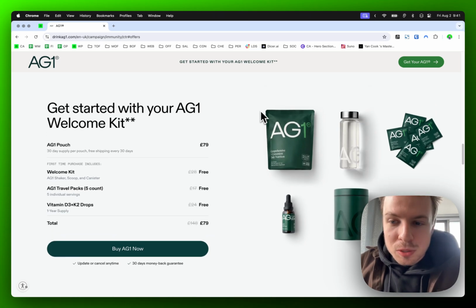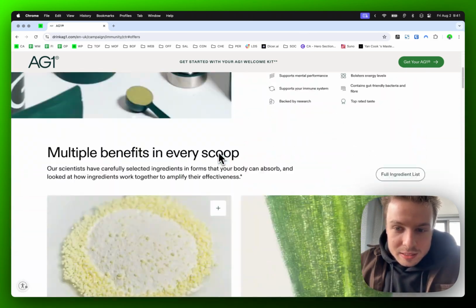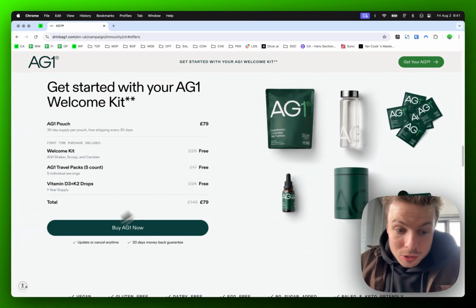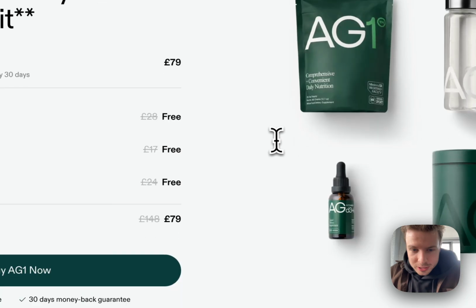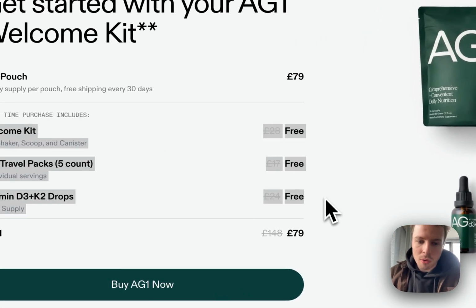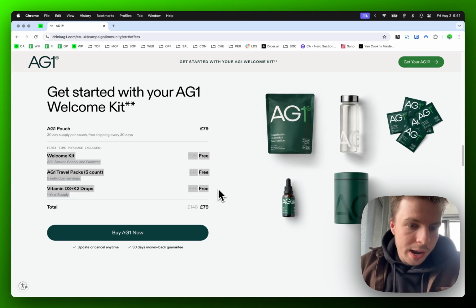You can see how they're positioning their bundle, and they call it a welcome kit. This is basically a subscription, so you can update or cancel anytime. And look at the art of how they're positioning it. They're making it out as if you're going to get all of these other items for free. And so when I'm someone who's coming into their funnel and engaging with Athletic Greens the first time, now